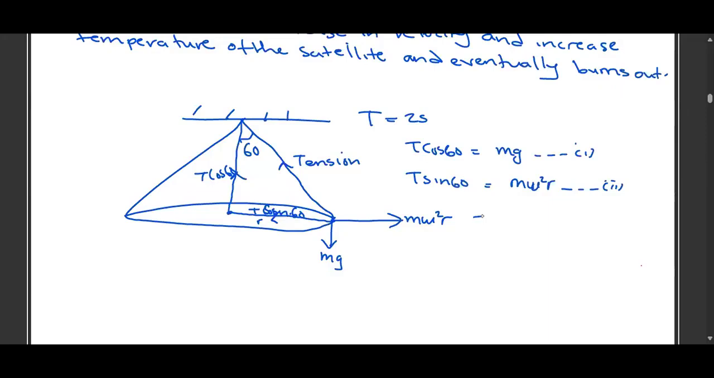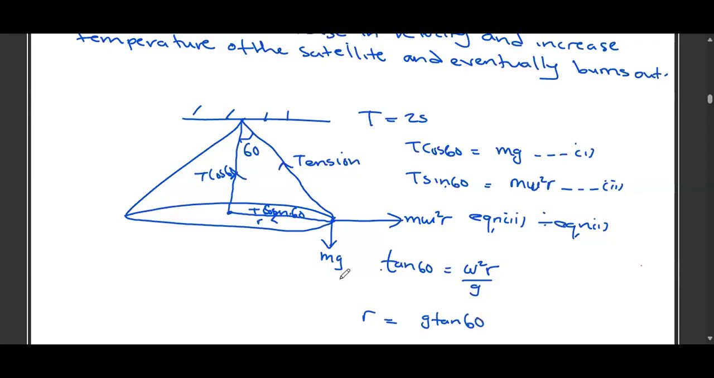Now, if you say equation 2 divided by equation 1, so we shall have this one divided by this. It will give us this and this. We shall come up with tan 60. This divided by this, it will give us omega squared r divided by g, whereby our r is going to equal g tan of 60,